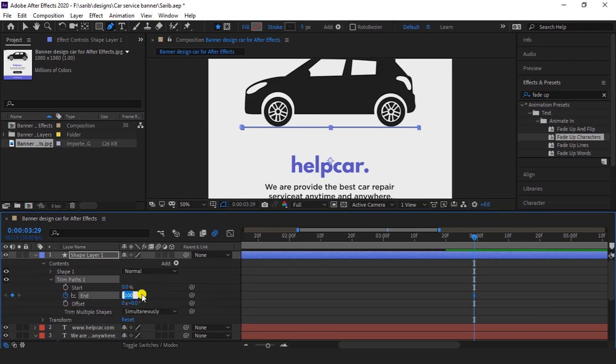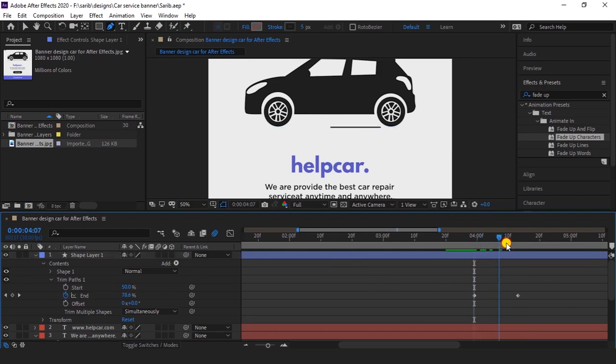This will be here 50 and come forward and it will be here 100%. So now if I play, so this will be play like this, which I wanted. Now give here value 500.